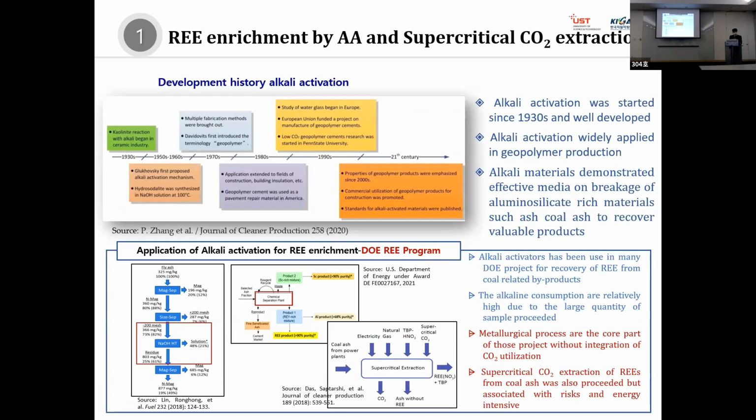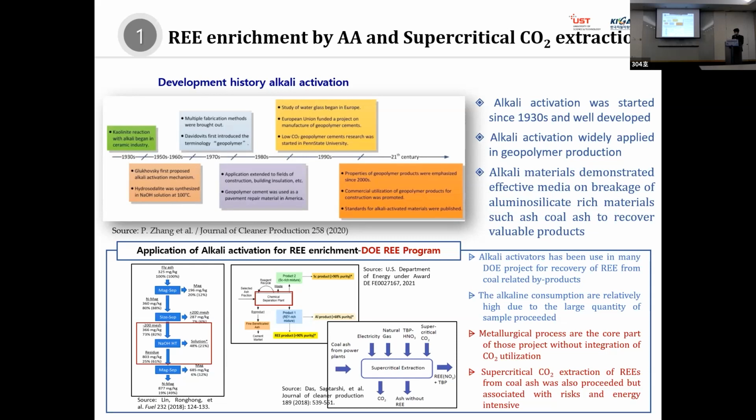So to recover rare elements from coal ash, one method widely used now is alkali activation, or alkali treatment. The rare elements in coal ash are trapped in the amorphous silica and alumina matrix, and normal conditions like acid leaching are not sufficient because they cannot break the amorphous matrix. That's why alkali material is utilized to break this matrix and release rare elements to be exposed to the chemicals